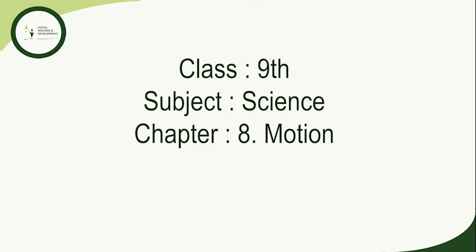If the trip took 8 hours, calculate the average speed of the car in km per hour and meter per second. So now the distance covered by the car is 2400 km minus that of the starting, that is 2000 km. Then the total distance is 400 km and the time elapsed is 8 hours. So the average speed in km per hour will be 400 km upon 8 hours, that is 50 km per hour.